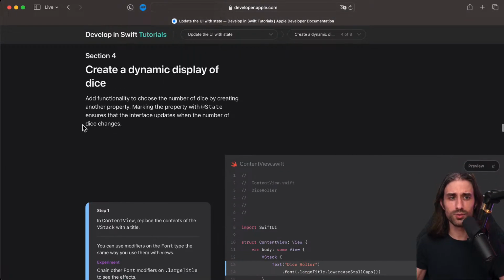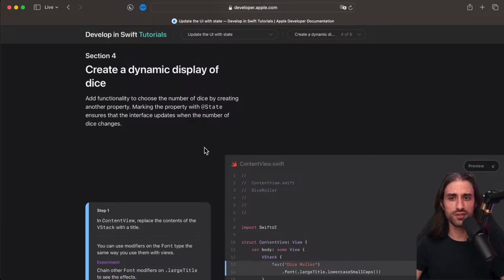And now we are into section 4. And section 4 is all about creating a dynamic display of dice. So we're going to add functionality to choose the number of dice by creating another property. Marking the property with @State ensures that the interface updates when the number of dice changes.